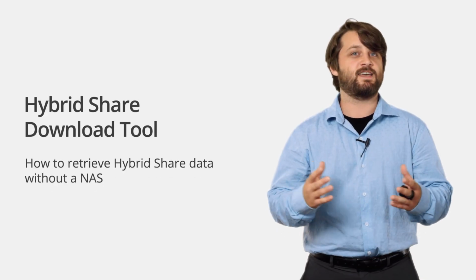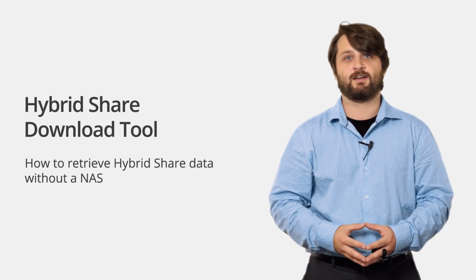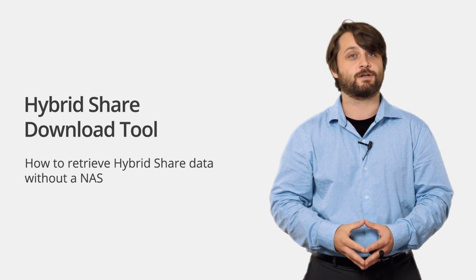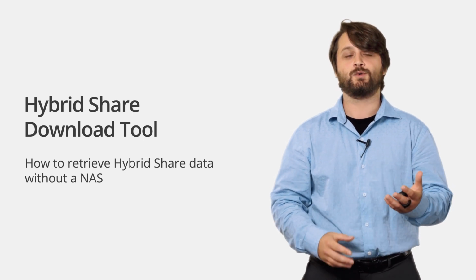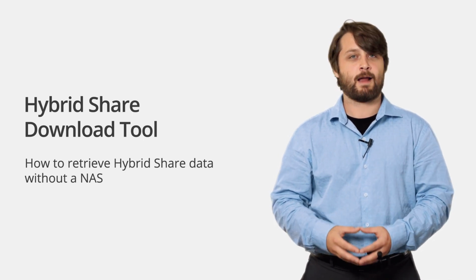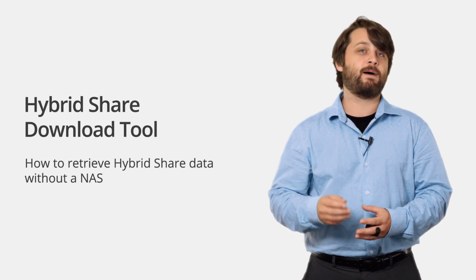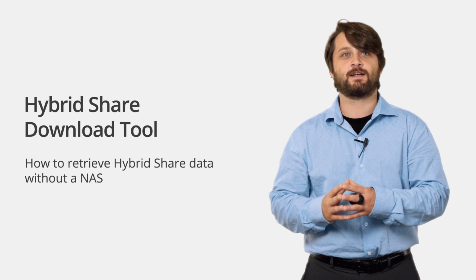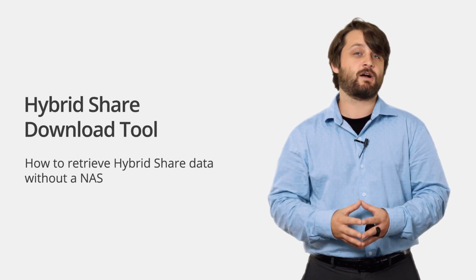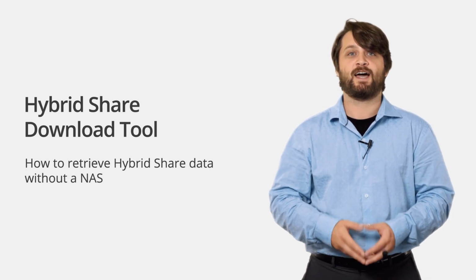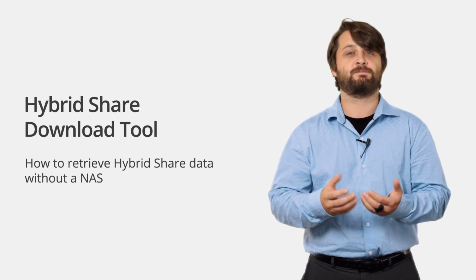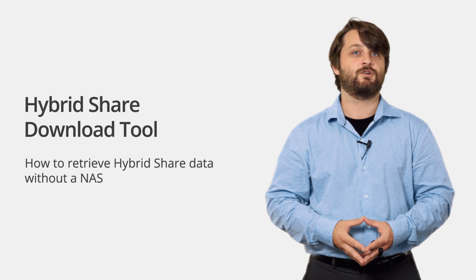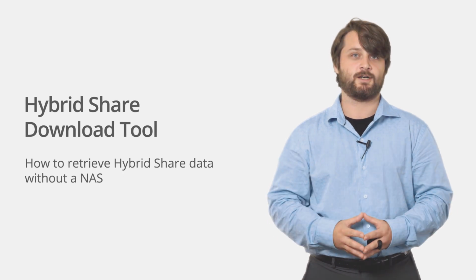So let's say time is of the essence and you didn't have an extra Synology NAS on hand. You still have options available to you for extracting data out of your HybridShare folder through the HybridShare download tool. Now this is a very similar tool to the Hybrid Backup Explorer that allows you to pull backup data out of C2 storage even if you don't have a Synology NAS. This is just specific to HybridShare. So you can use this tool to log in with your admin credentials and pull down data from your HybridShare folder on demand from anywhere you have an internet connection. So use this if you can't get your hands on a new Synology NAS to do that restoration on.